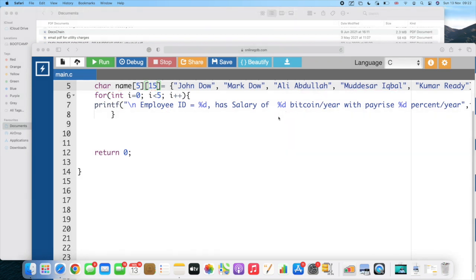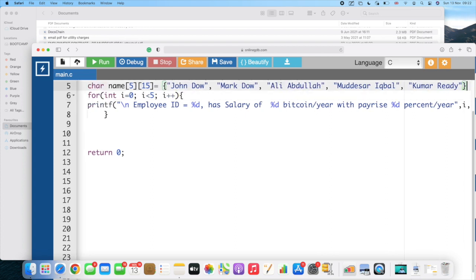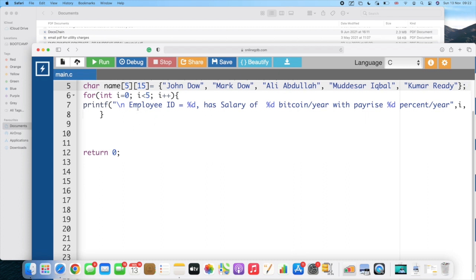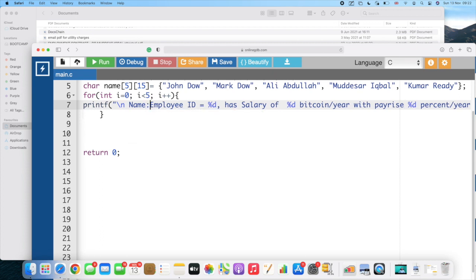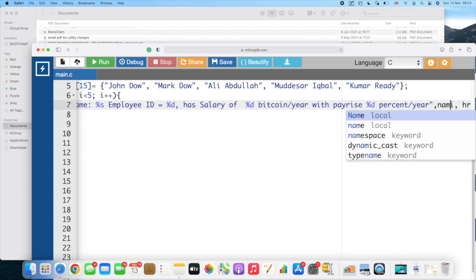I think the second thing we need to know is how we print this, right? So we got employee ID, and now we got a name, and we already have an array of characters. Okay, and we have to put a terminator here so we can print it properly. So you want to put the employee name in the beginning, right? Here. So we say employee name, and because it is a string, we can put %s here, and then all we have to do is, in the beginning of this, put name sub